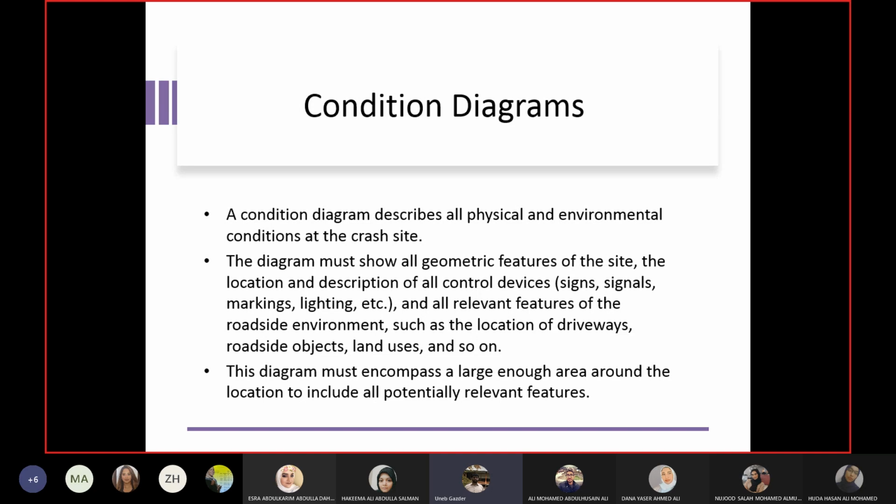Okay, so you say, there's a bus stop. That bus stop is 200 feet away from my point. But the movement of buses, I suspect, is causing the accident at my location. So your condition diagram will go up to that bus stop. If you feel there's a school crossing, let's say 50 feet away from the location on one side, and you feel that because of the crossing of the kids the accidents are happening, then you go up to 50 feet on that side. So there is no fixed dimension for the extent of the condition diagram. This will depend upon your judgment as an engineer of the factors which are causing accidents, according to your opinion.